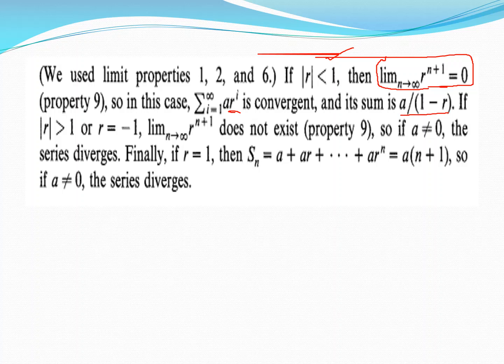If r is greater than 1 or r is equal to minus 1, then this limit does not exist according to property number 9. And so, if a is not equal to 0, the series diverges. Finally, if r is equal